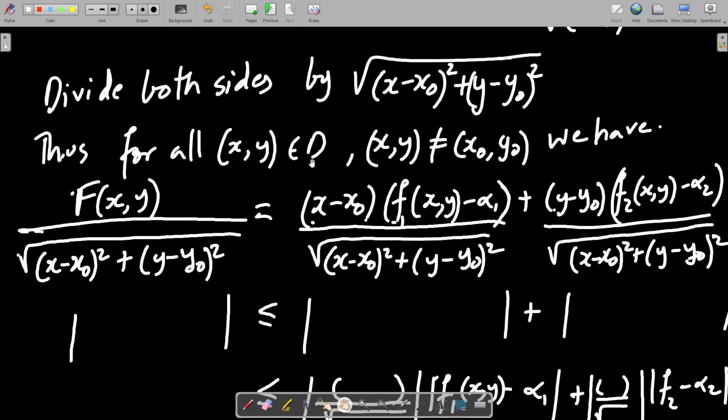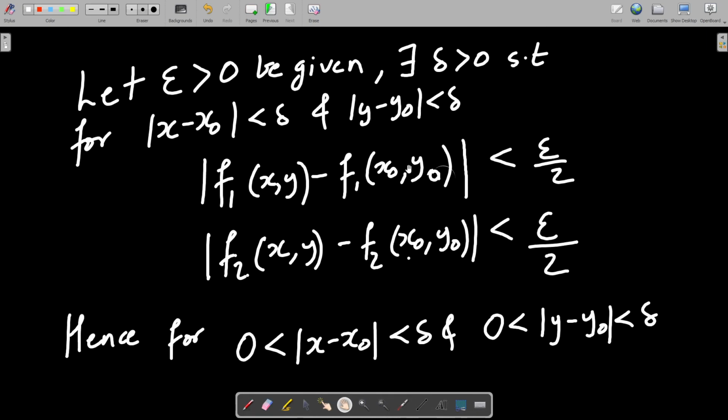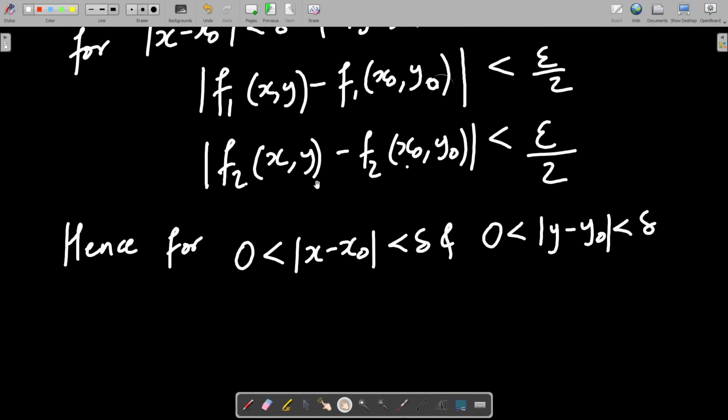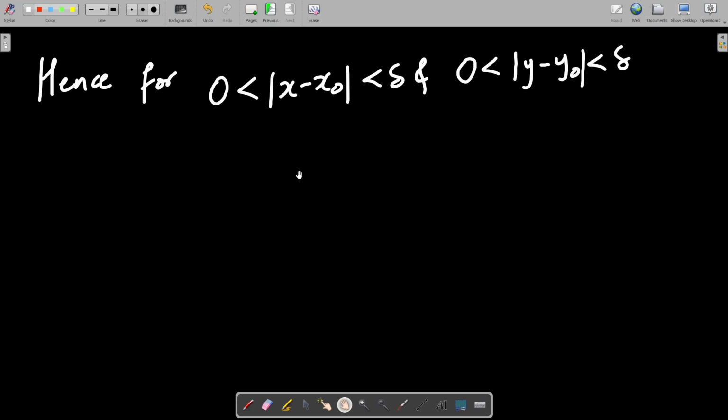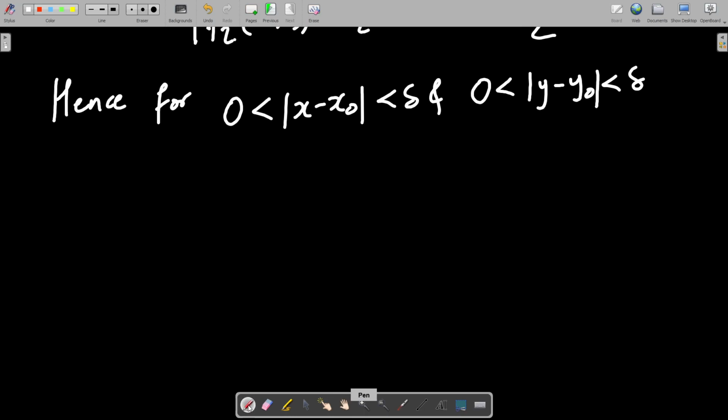Yes, if for all (x, y) belonging to D and (x, y) not equal to (x naught, y naught). So because of that reason I can take this. Even here you could have taken it, we didn't need it, but for this limit we require it. So for this expression, this f of (x, y) upon this